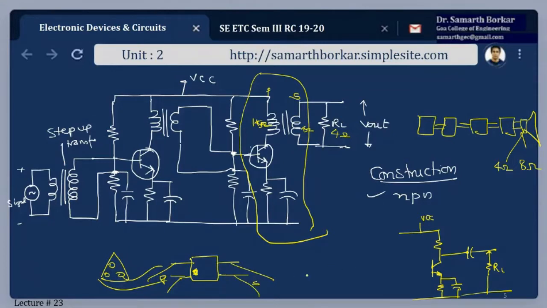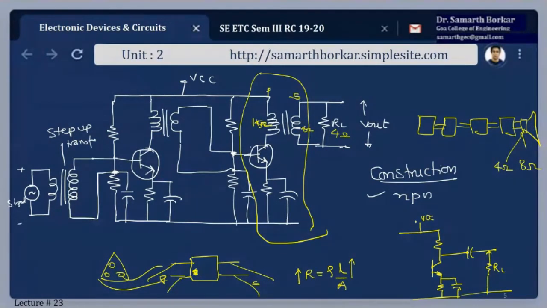Now you know that the resistance is rho L by A. Rho is the resistivity constant, then length and area. The more the length, the more will be the resistance. So in simple words, here the number of turns are more, that means the resistance offered will be high. Here, purposely I'm taking fewer turns, that means the resistance offered will be less. So if my load is 4 ohms, I have to select a transformer in such a way that the secondary is 4 ohms, and the primary resistance is decided by your design.